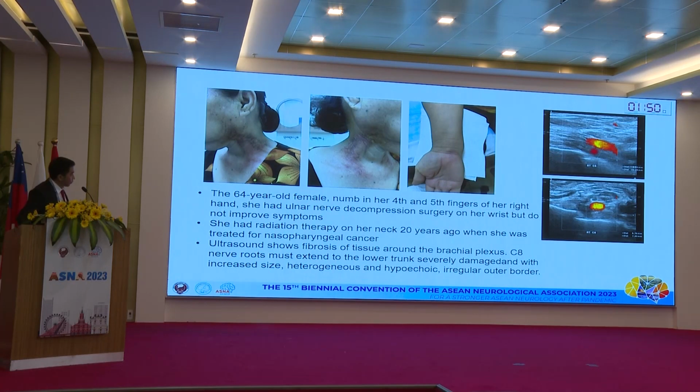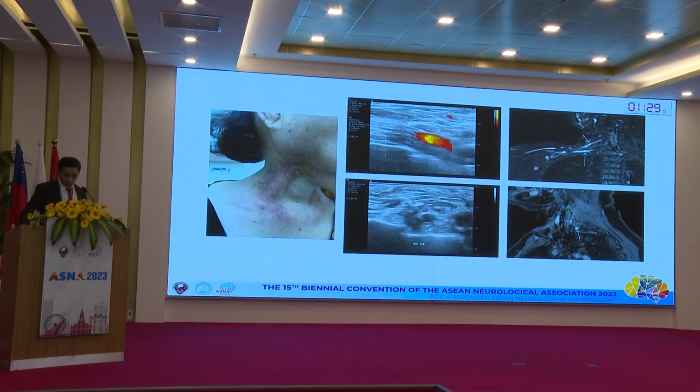Like Dr. Simmons said, when it is fibrosis, it's more wide, right? It's bigger and more wide. And it's heterogeneous and a little bit hypoechoic. And it has an irregular outer border. And this is for the MRI. After that, we sent her to do MRI. We can see the same, the C5 is bigger and also the C6 has the same image. So this is one case of